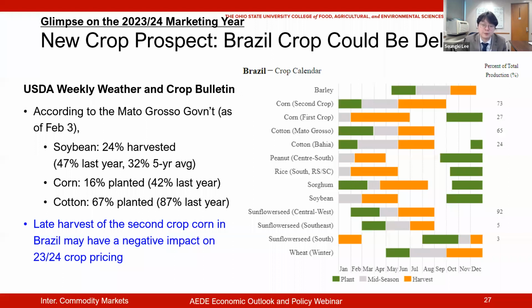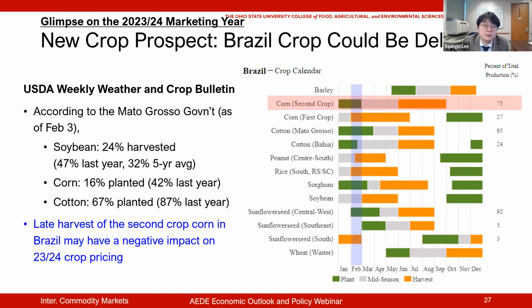As we have seen before in my presentation, Brazil will have a big impact on the global market, and eventually that demand will affect our domestic market. Although their crop progress is slower than usual, the production estimate itself has not changed. So the most likely scenario is that they will just deliver the grain slower than in a normal year. This is the current February point in time,